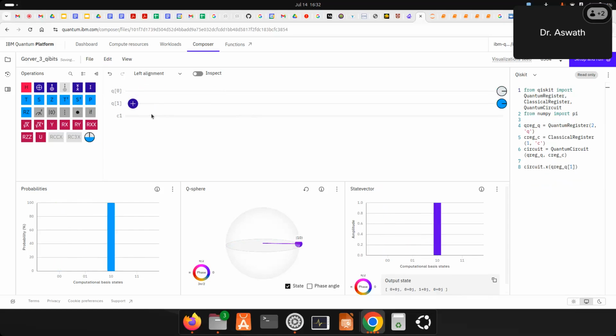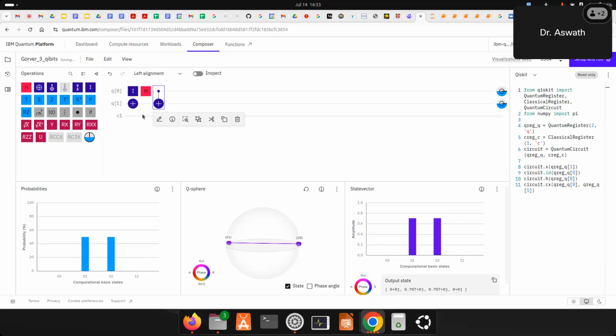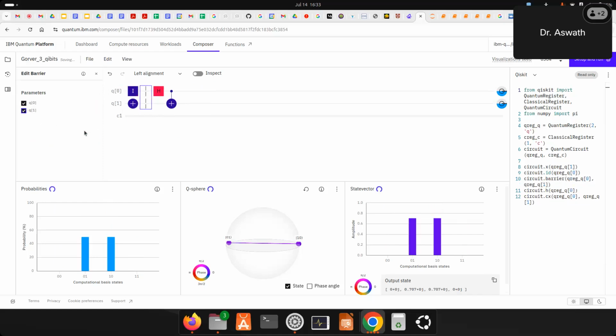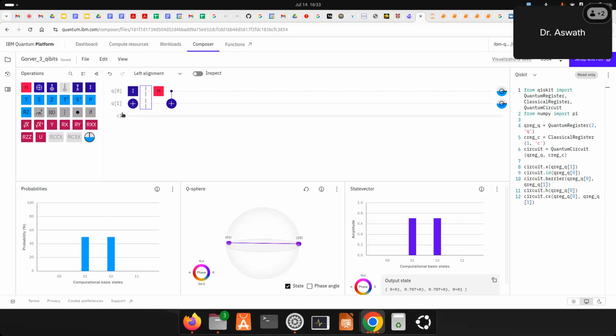Suppose I have a gate action here. I have nothing acting on system A, so for my own convenience I want to have an identity there. It is not going to change anything. Now I have a Hadamard gate here and a C naught gate here. Let's say I want to separate them layer by layer for my convenience. I can just take a barrier and put it wherever I want. I can extend the barrier between the first qubit and the second qubit. That is what you can do.